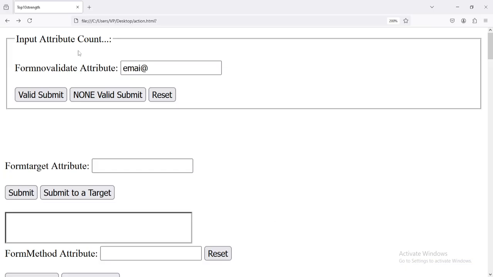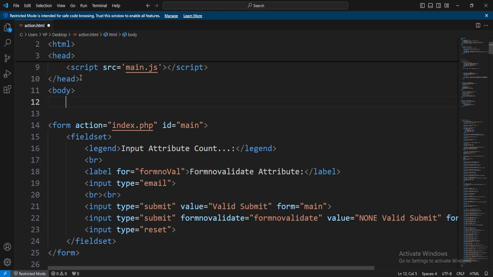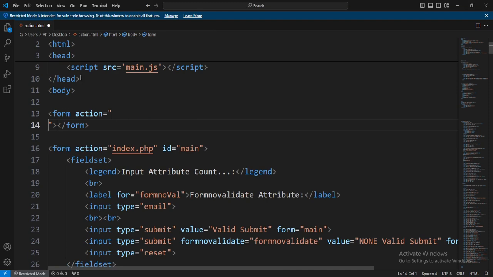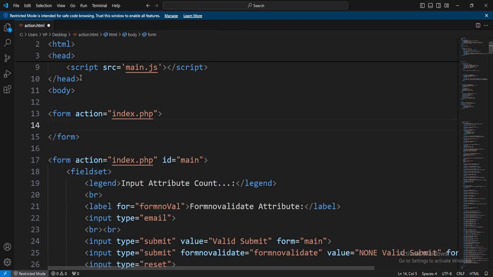Back to our code. As you can see, we have this from our previous tutorial. We have several experiments on this. So right here now, quickly let's do something with our document. Let's create a new form right here. When we create this new form, let's say index.php. So after this, inside this place, let's create quickly